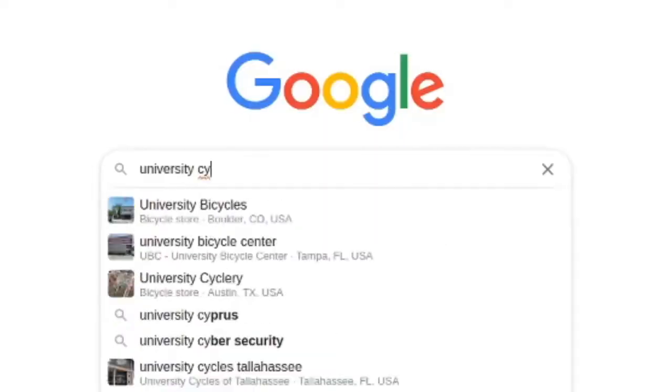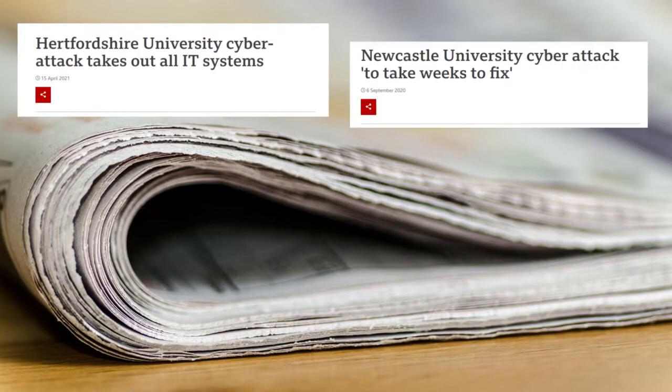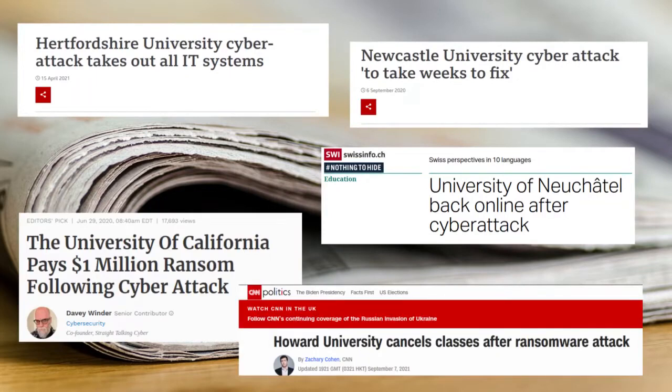Unfortunately, cyber attacks on universities and research institutions are not a new thing. In fact, if you do a quick Google search on cyber attacks on universities, you'll be returned with a whole host of news articles from different cyber attacks that have occurred at different universities globally. The threat is very real, but unfortunately people often don't think their own research institution is going to be affected